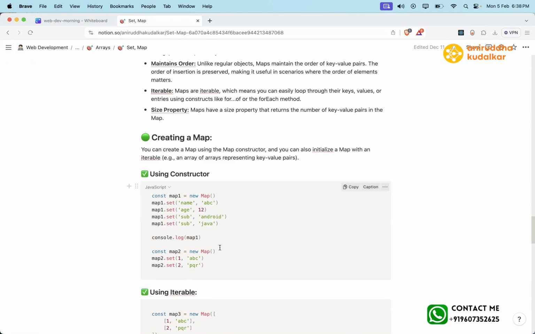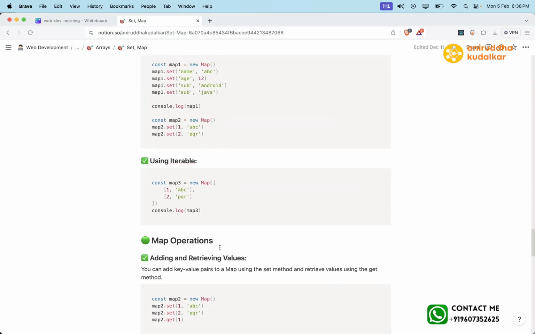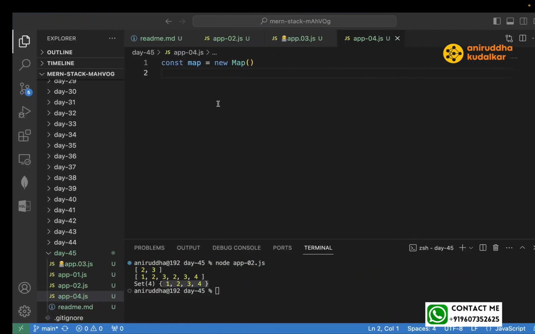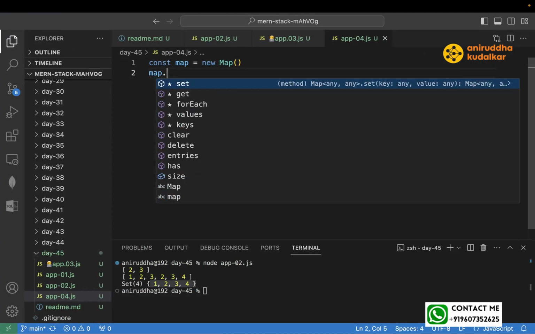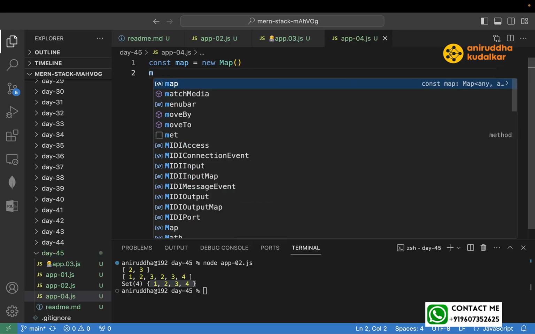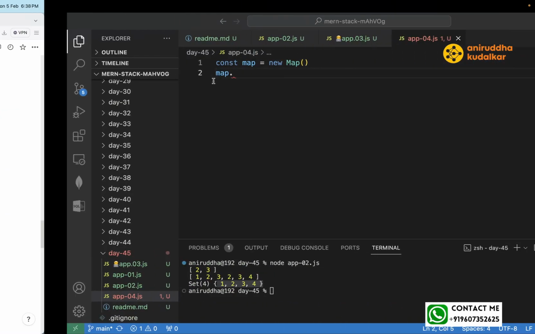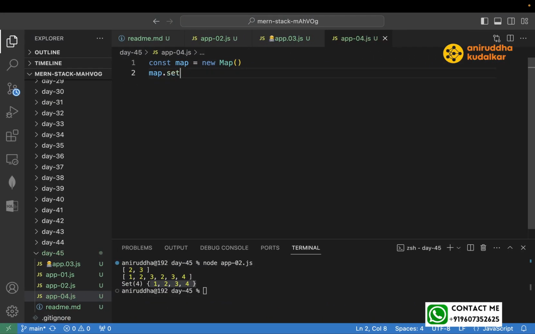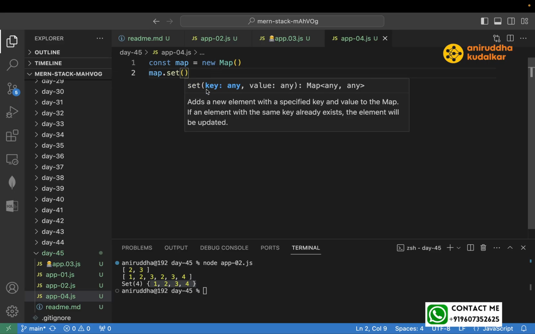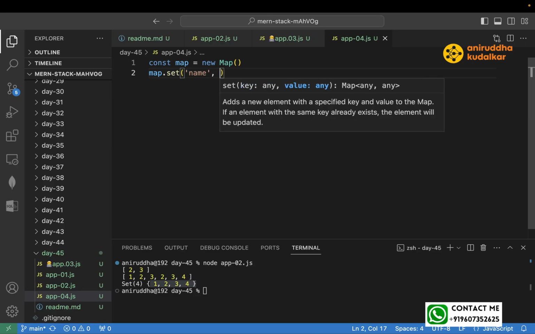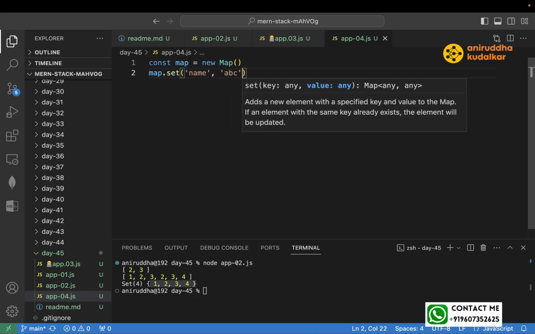And here if you can say how to do a map dot set. Set is the method. You can add key, say name, a value abc,